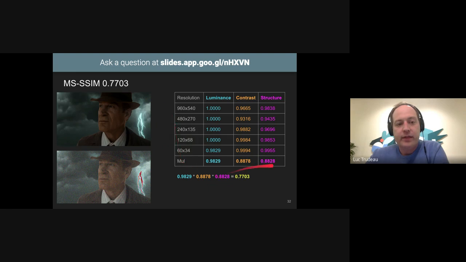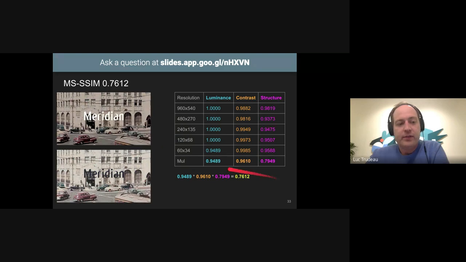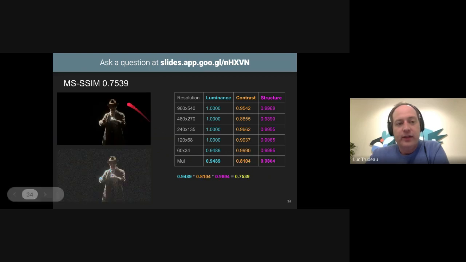.77 here, and we can see this breakdown. So this is one I'm a bit surprised of, because to me it seemed like it was hiding the error very well, but structurally SSIM really doesn't like this image. And then this one, we talked about it before, because it's so dark, it's very easy to see all of the noise compared to the other images. So I think this comes into the contrast term.